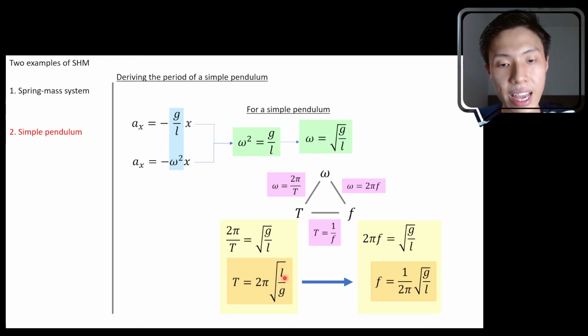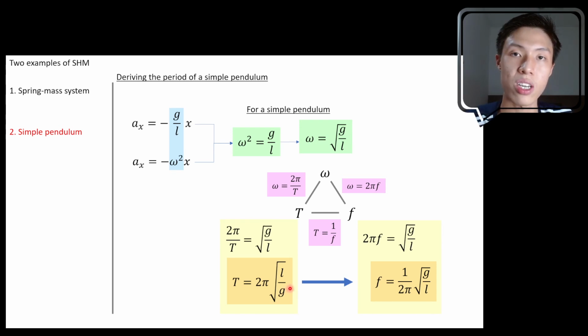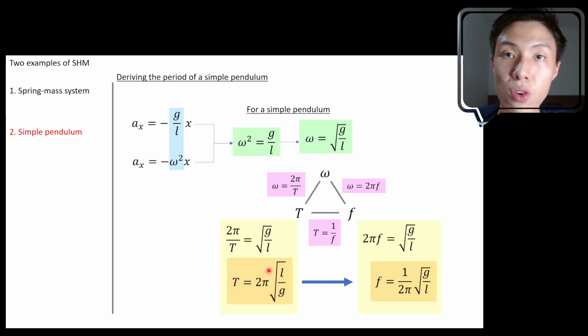We see that if you have a longer pendulum, you have a greater period, which means it swings slower. If you have a shorter pendulum, you have a shorter period, which means the pendulum swings faster. g is 9.81 on Earth, but if you move to somewhere like the moon, you have a lesser gravitational acceleration. What will happen is your period will increase, therefore your oscillation will happen slower. So this is the relationship that describes the period of a simple pendulum.